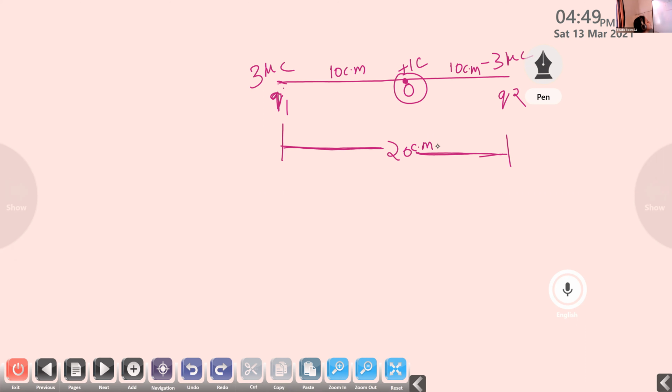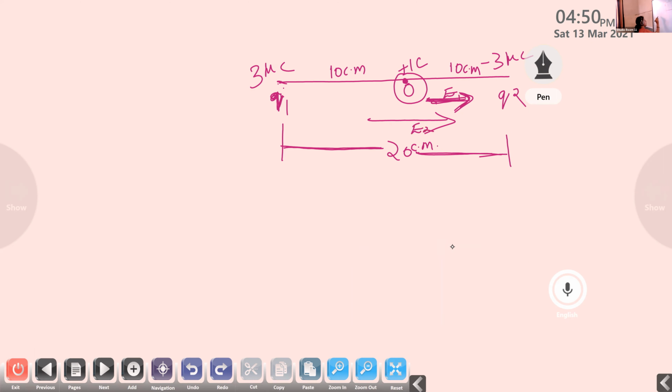Now, what about the electric field that exists here? The electric field is always pointing from positive to negative, right? So it is pointing in this direction, E1. And E2, the electric field due to the point charge Q2, is also pointing in the same direction, because the direction of the electric field is always from positive to negative. Here also the electric field E2 is from positive to negative, so along the same direction.